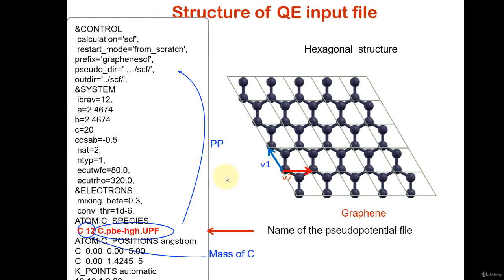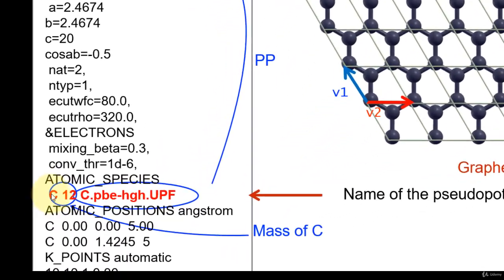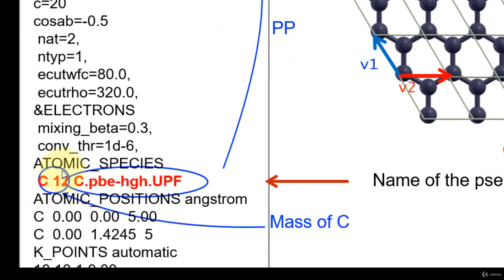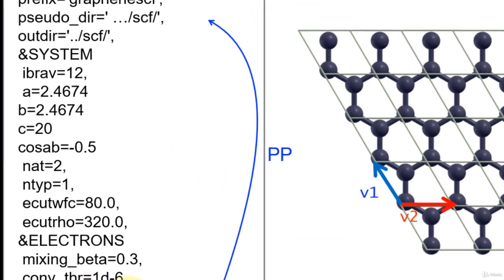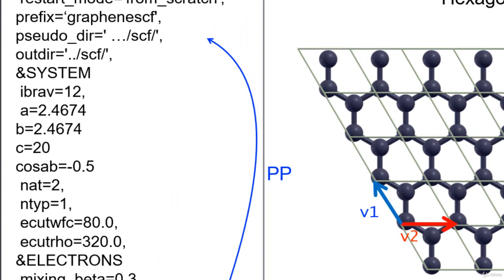Also, we should introduce the pseudo-potential file in the Quantum Espresso input file. In the Quantum Espresso input file, we should define in order the name of the element, that is C, the mass of the element, and the pseudo-potential name here. Also, we should specify the directory that the pseudo-potential file